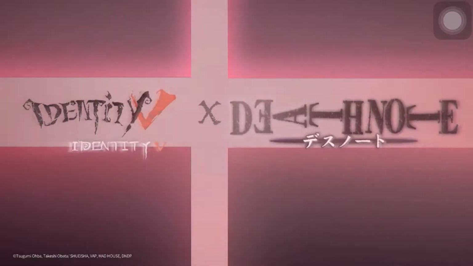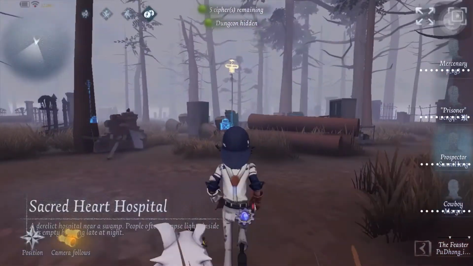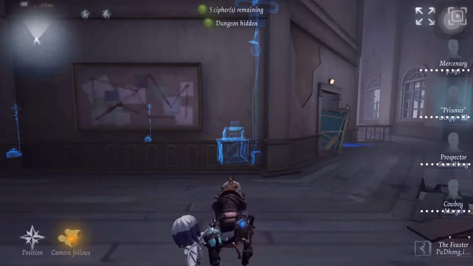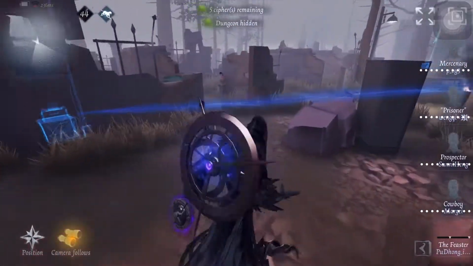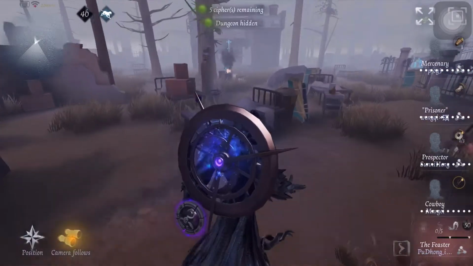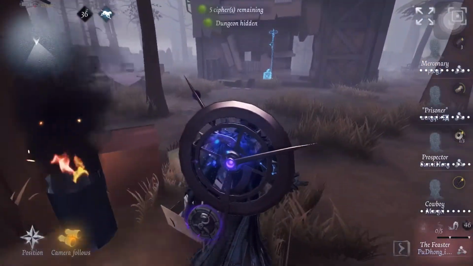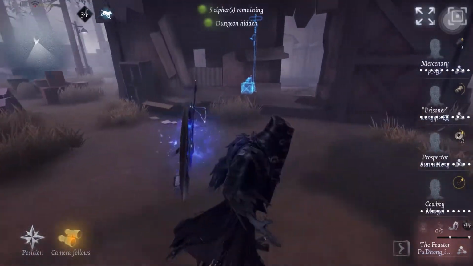What's going on, everybody? Welcome back to another video, and in today's video I'm gonna be showing you guys some Feaster rank gameplay. And so straight off we're gonna be going against a mercenary, prisoner, prospector, and a cowboy at Sacred. And from here I am going to rotate towards Shack,